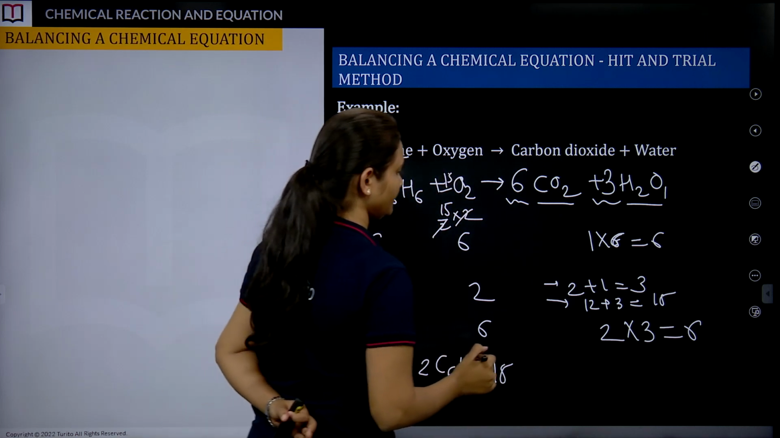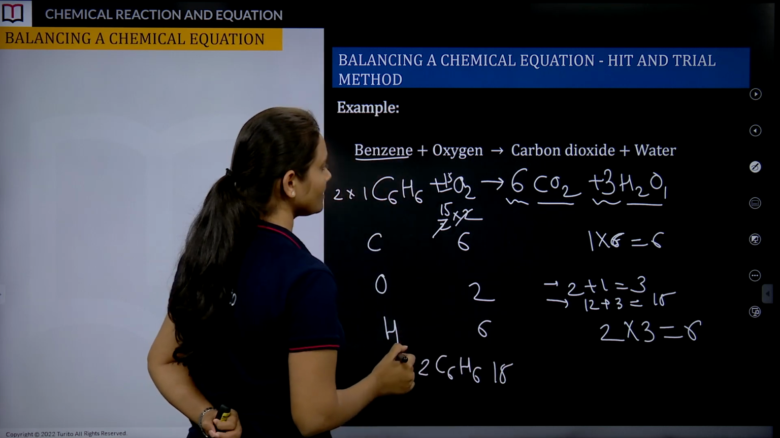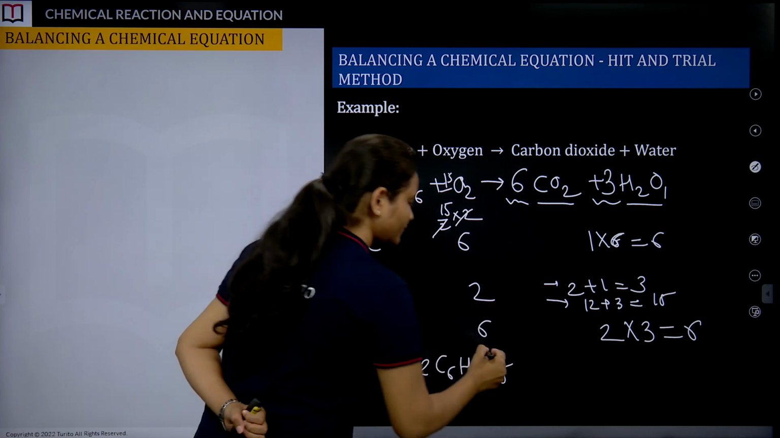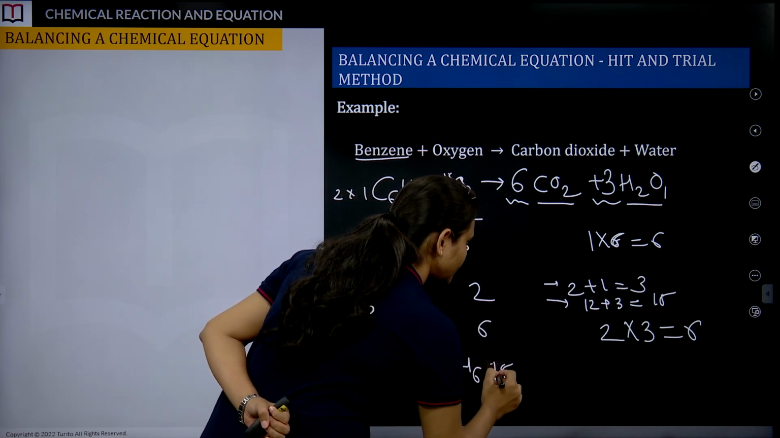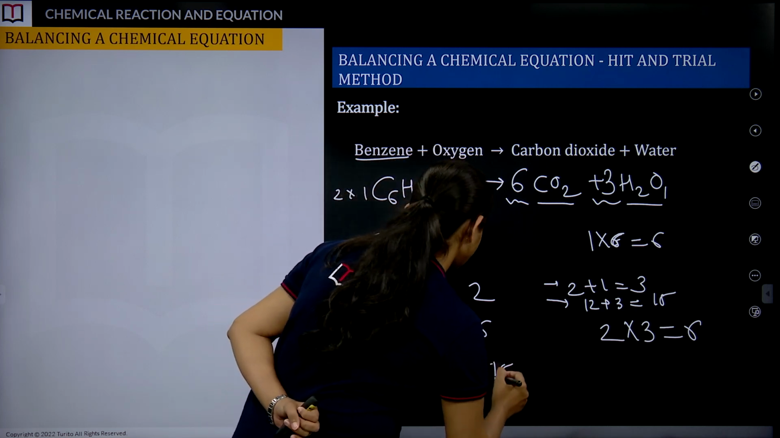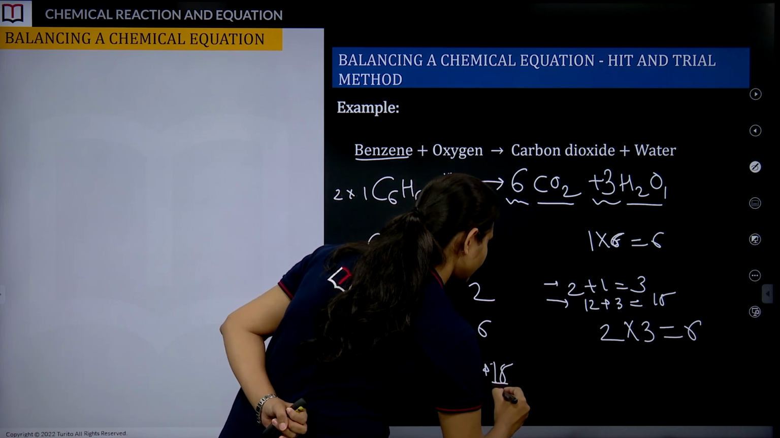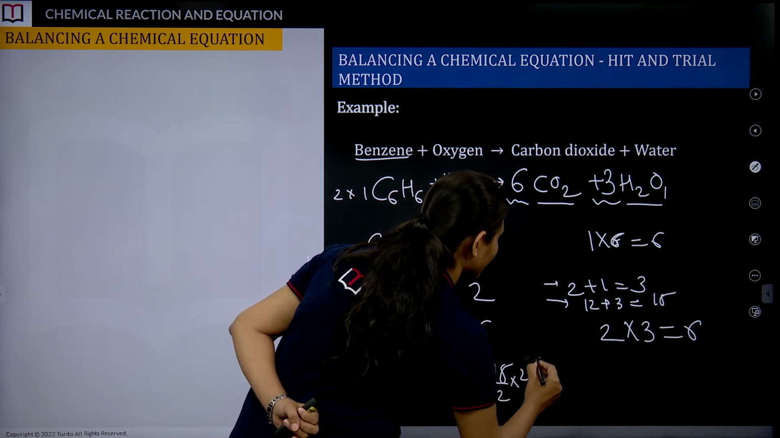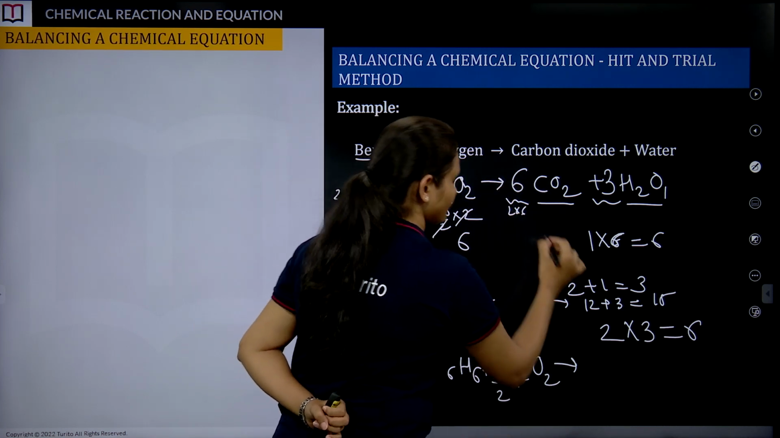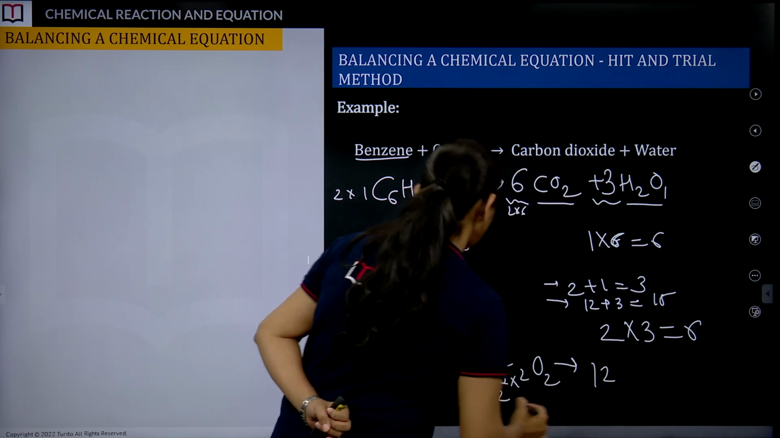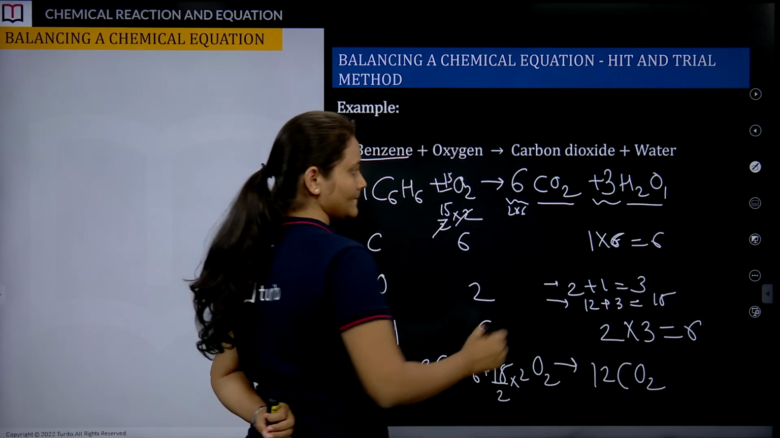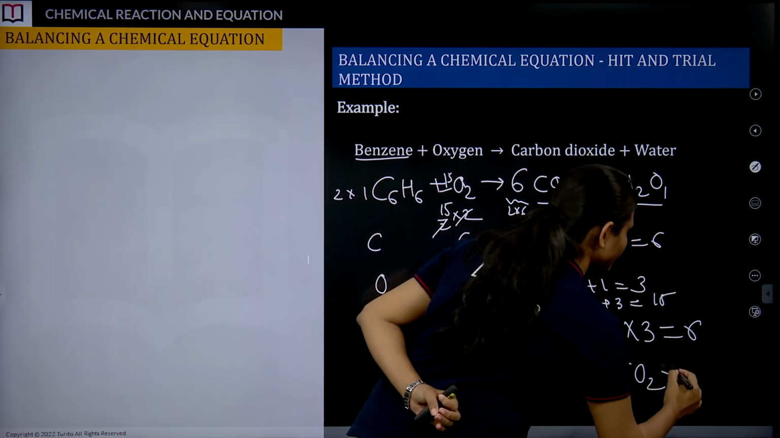which is giving me 15, right? Oh, sorry, 15, and now we are going to multiply it with 2. Okay, let me write it here. So, plus 15 divided by and multiply by 2, giving you O2. Again 6 into 2, we are having what? 12 CO2. 3 into 2 giving you 6